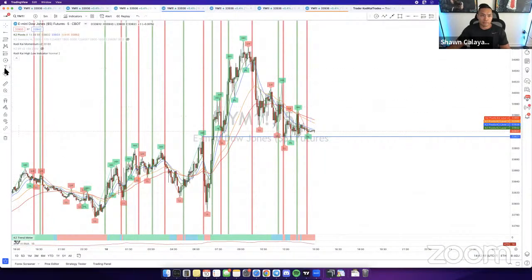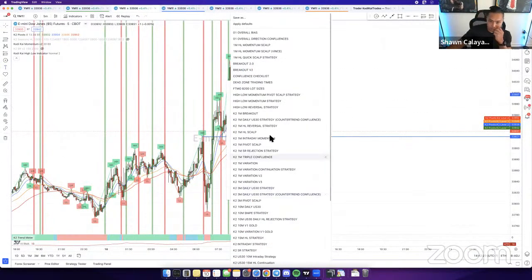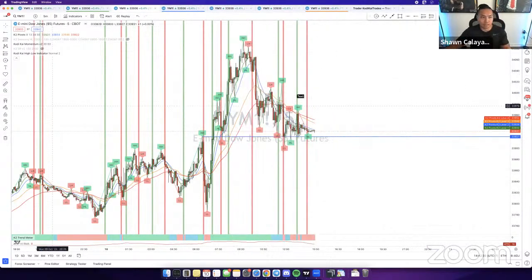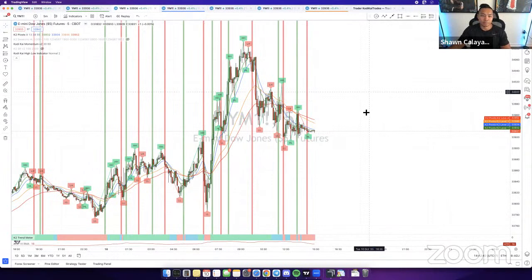I don't think I have criteria for it for the 5-minute. Let me see. So for the 5-minute, I'm still testing it, because it doesn't really come up very often since I still trade only between 6:30 and 8. And with this being on the 5-minute, there's just not much criteria. There aren't that many entries available. If you trade all day, there are a lot more entries that come up, but I don't trade all day, so it's not really feasible for me unless it actually comes up.